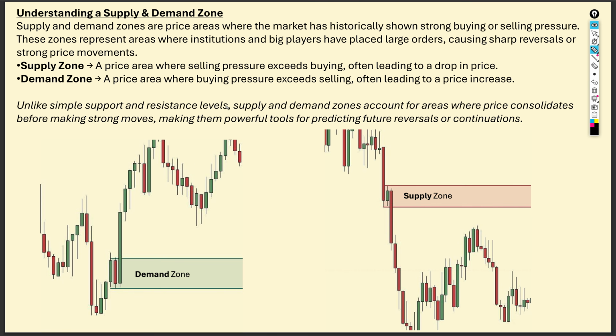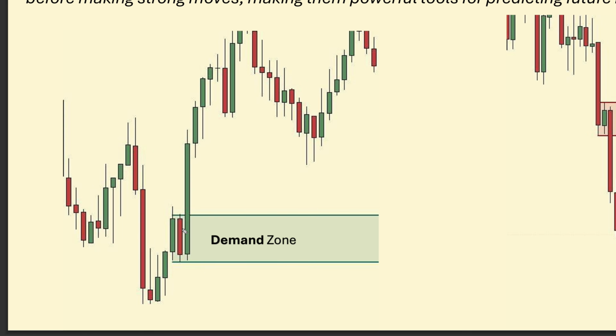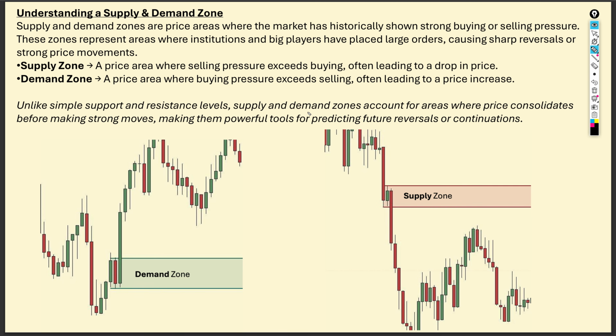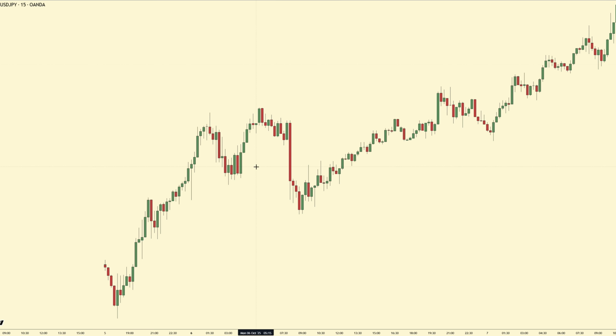A demand zone is just the opposite, where buying pressure exceeds selling. We had our pause in the market and then a massive rally. This was not Joe Schmo placing a buy order and then all of a sudden price went up because there were no sellers. This was many orders shooting price up, and that is basically the core concept of supply and demand. And I'm going to go over to a price chart now to explain to you guys,